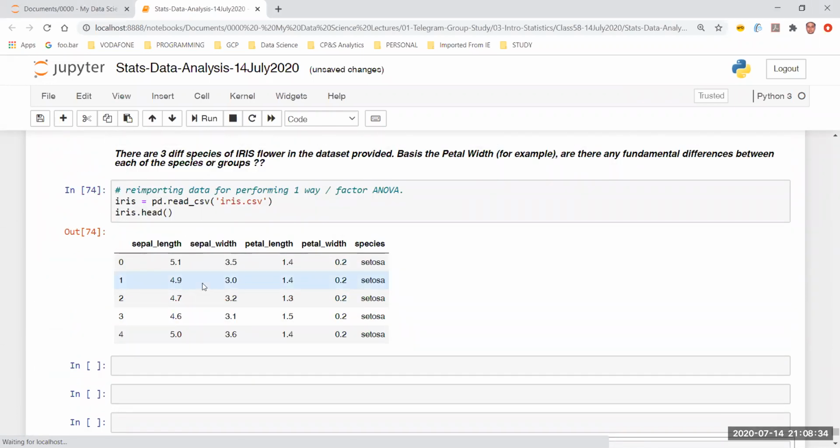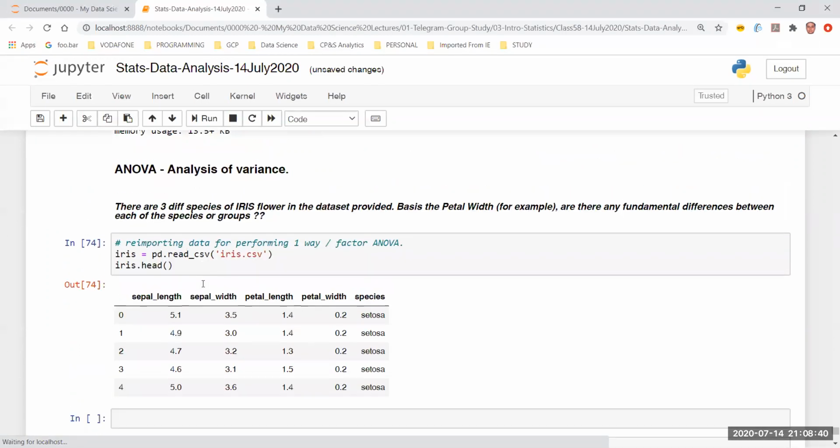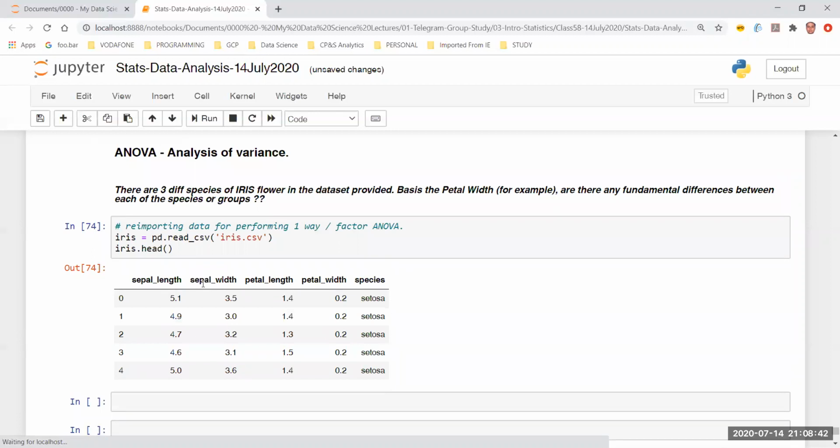So for ANOVA, we are only considering one independent variable, like petal width, for the entire iris data. And based on that, are there any fundamental differences between each of the species groups? So we'll just consider that variable only, or will we take some other also?